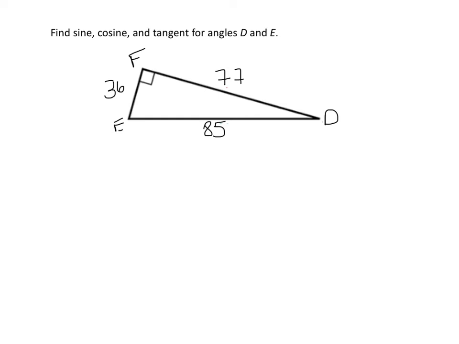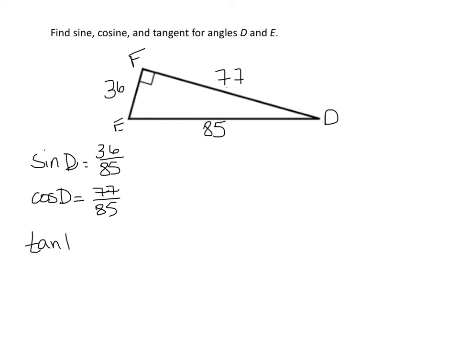Here's our first example. We need the sine, cosine, and tangent ratios for angles D and E. So we'll start with angle D. Sine of D is 36/85. I know that 85 is the hypotenuse because it is opposite the right angle. Cosine of D is 77/85, and the tangent of D is 36/77. For angle E,